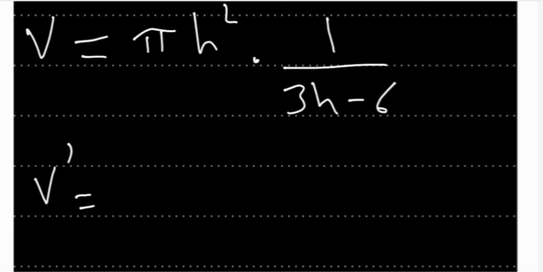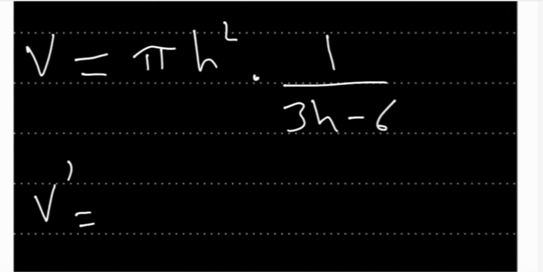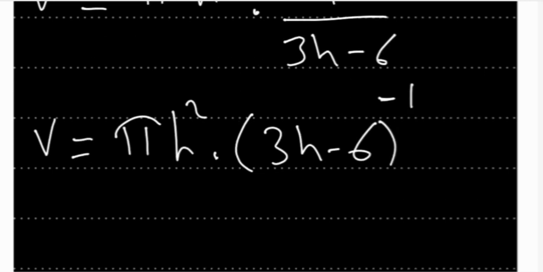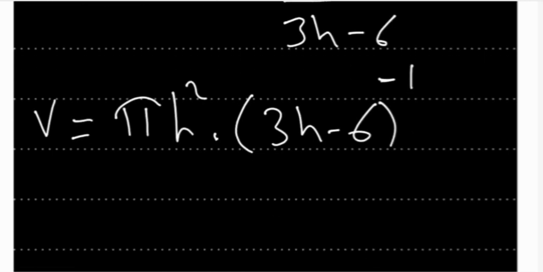Okay, they come from the same origin. So before we derive, let's put v is equal to ph squared, and then this part over here, I'll say it is multiplying 3h minus 6 to the minus 1. Okay, because I remember the formula for,